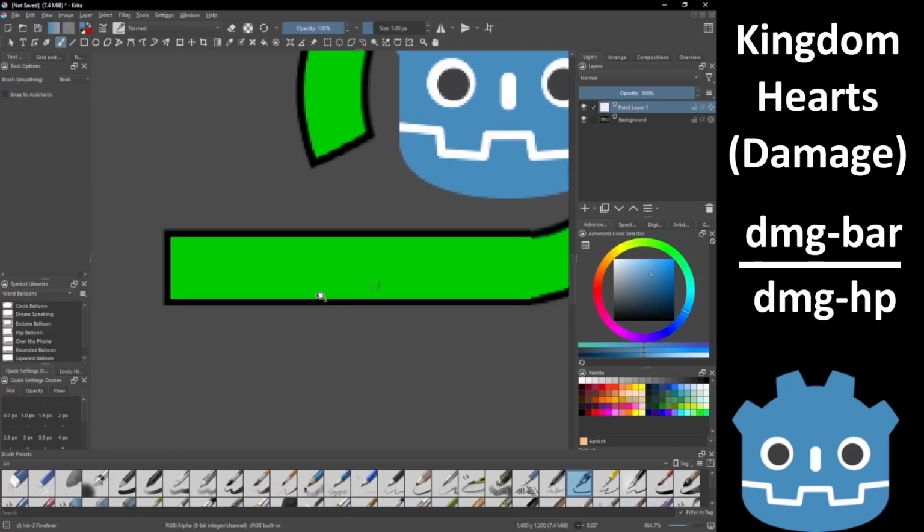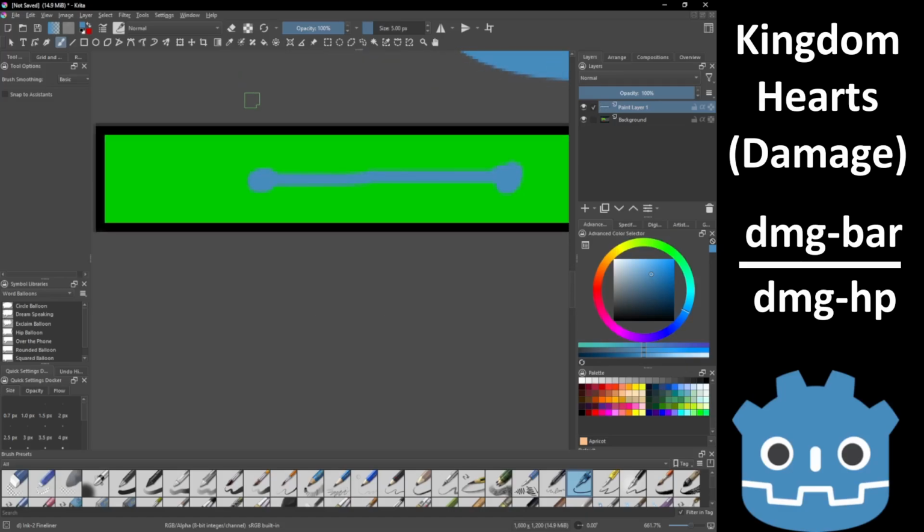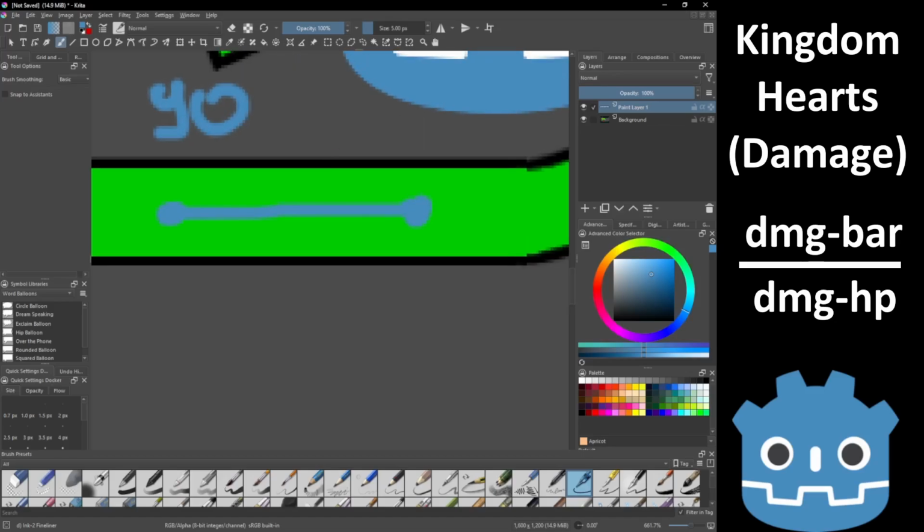So to explain why this works, let's say that our health is over here and we decrease it by this amount. Let's say over here is 90 and over here is 70.